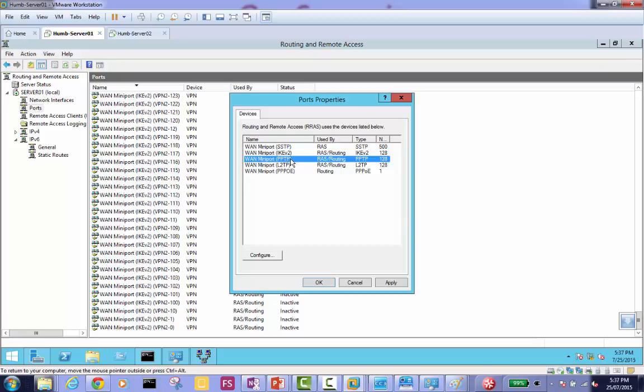128 users can connect from home or from anywhere to your VPN server if they are configured with PPTP, or if they are configured with IKE protocol, IKE v2, or if they are configured with the certificate, you provide the certificate, and they are configured with SSTP protocol. So there are 4 protocols. Now we're going to configure the client as well. Then we're going to see how we can configure these protocols there: SSTP, IKE v2, PPTP, L2TP.